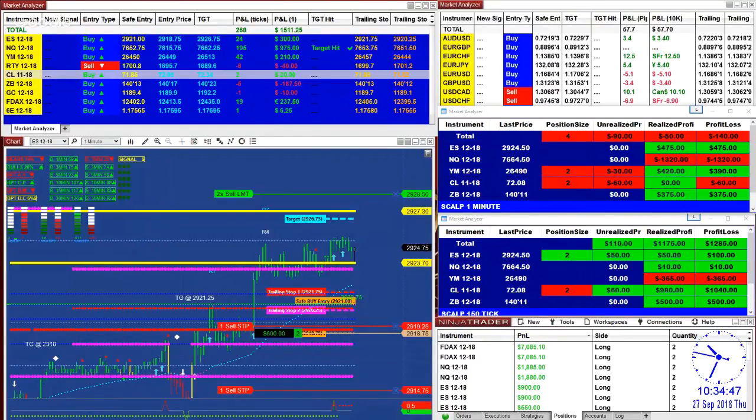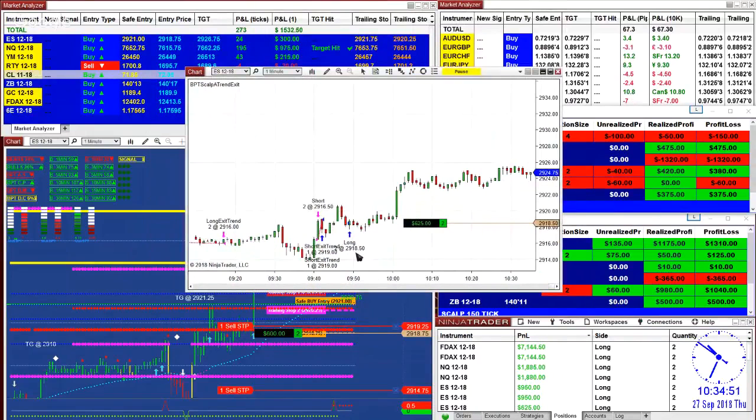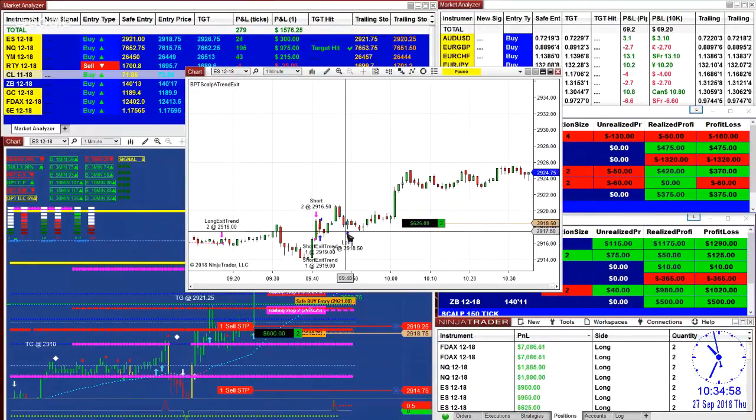Also, the ES 1 minute, on the last trade, I took it around. The swing trading should be started around